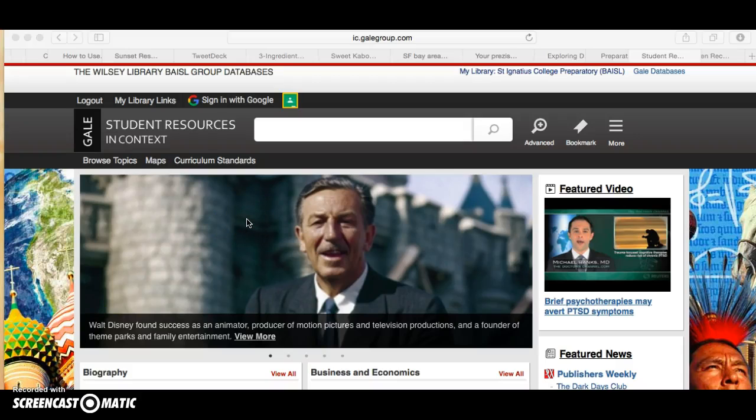I wanted to follow up and show you how to use an advanced search in student resources and context. The skills that we use here are very similar to the advanced searches you would complete in EBSCOhost or other databases that we have. To do an advanced search, you click on Advanced,